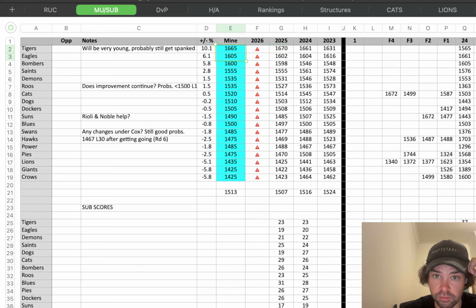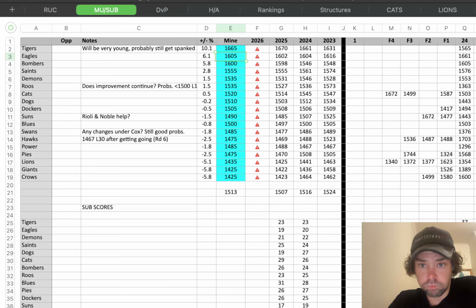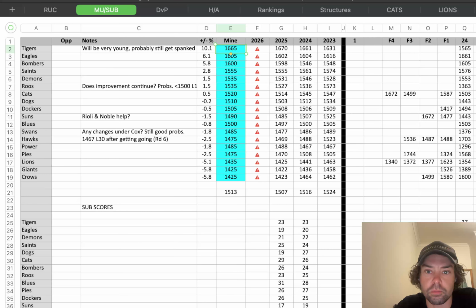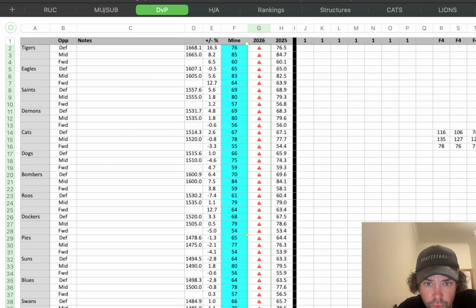And then I come up with a rough number that I'm happy with based on how they're travelling at the time. If a team finds a bunch of form halfway through a season, that number might be a fair way off their historical numbers. And I have a competition-wide average, so I can try and keep my numbers averaging out roughly the same as how the competition's travelling. So that gives me a team level number, and then for each position,